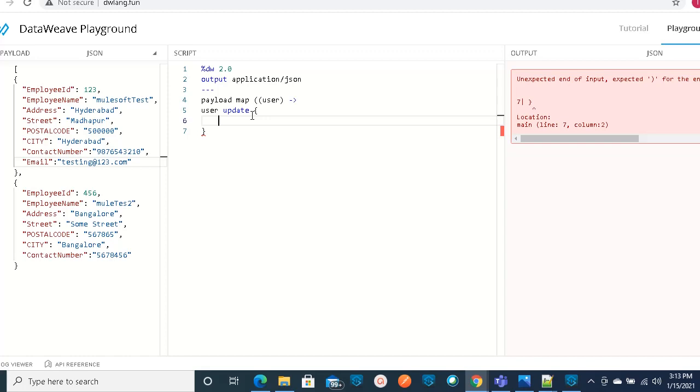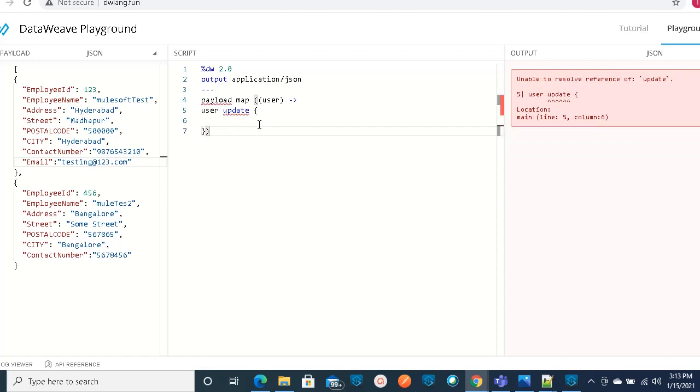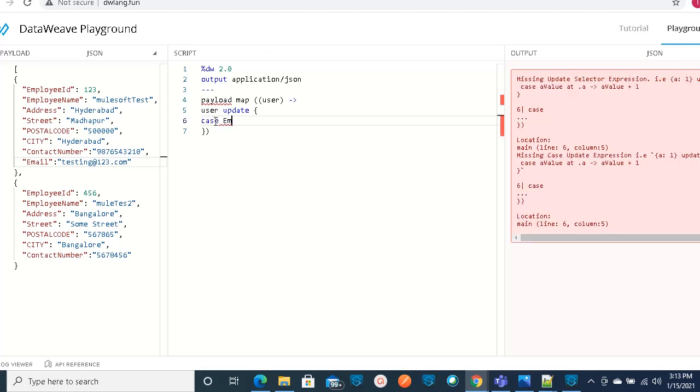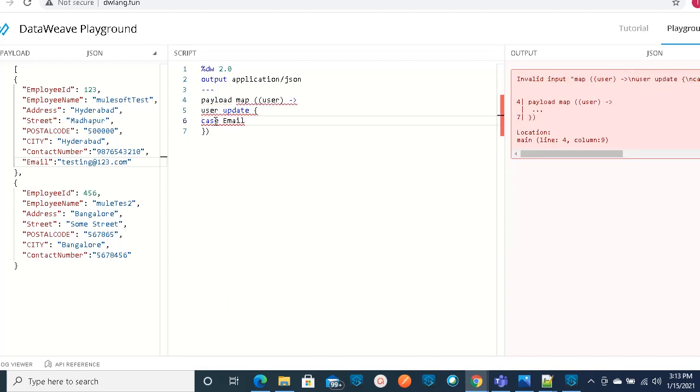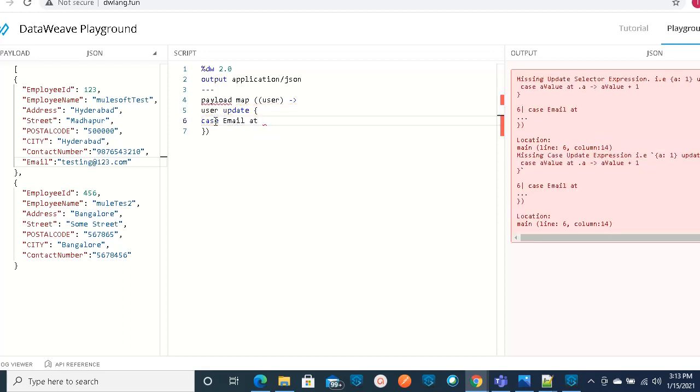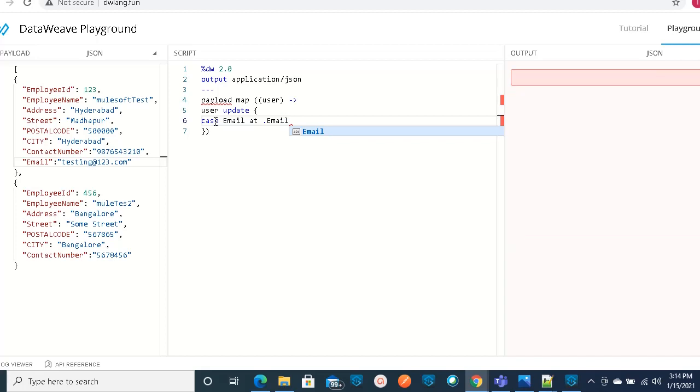So in this case, as we discussed, here I would like to update that email ID field. To do that, I will take another case statement here, with email. If this is not null, then keep it. Otherwise, you need to update it.